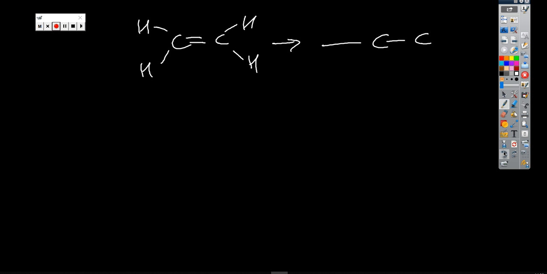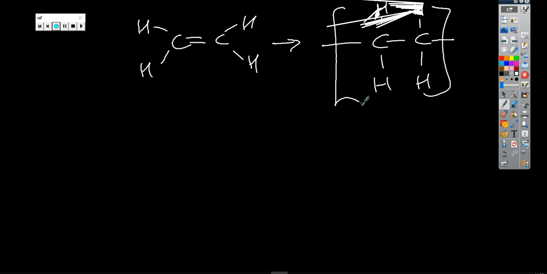We then put above and below, above and below, and in this instance all we have are 4 hydrogens. So we should have 4 hydrogens up there, 2 in either one,